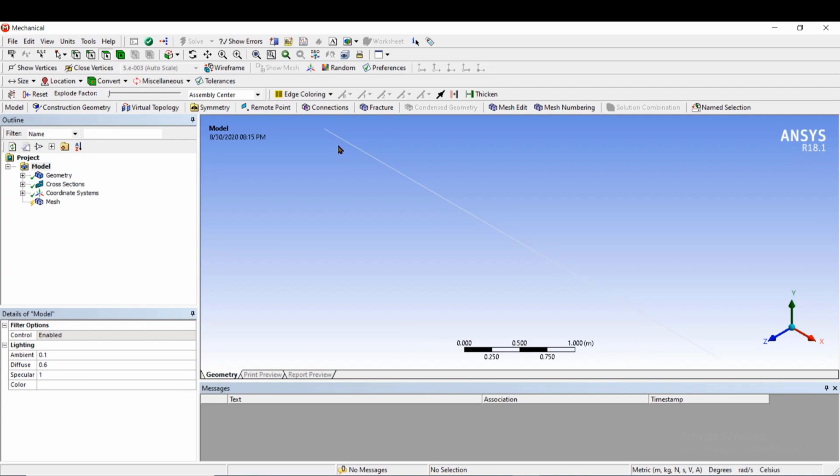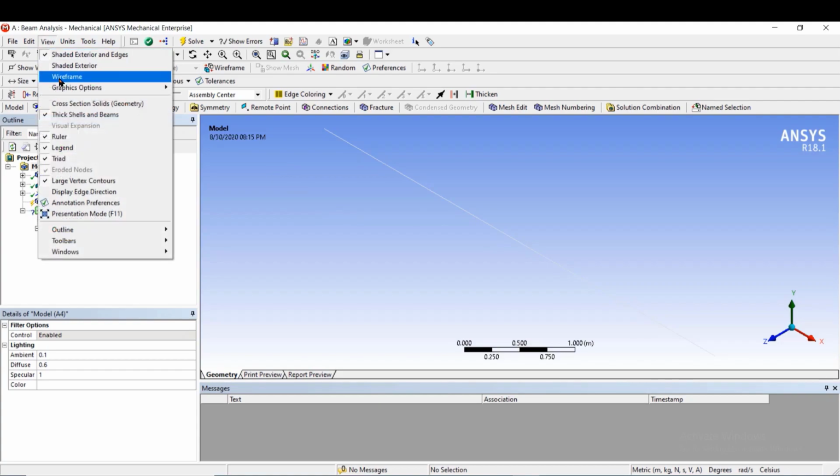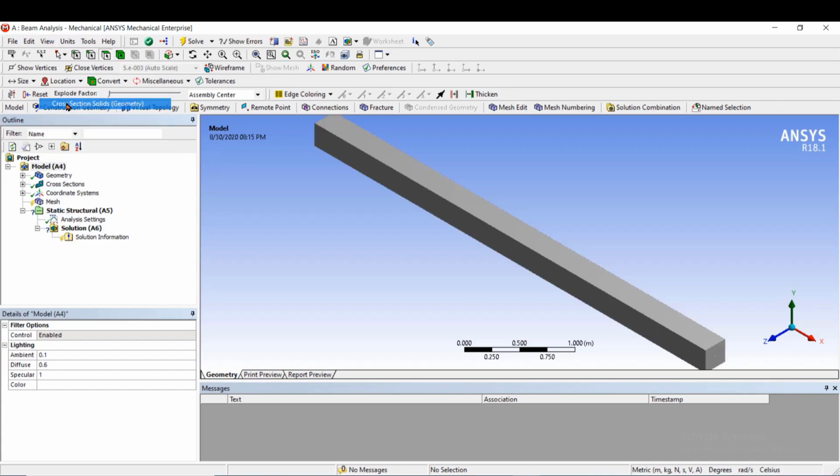So we can see our model here. Go to view and select cross section solids so that we can see the model in this case.